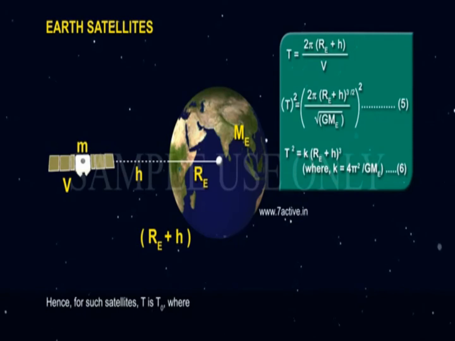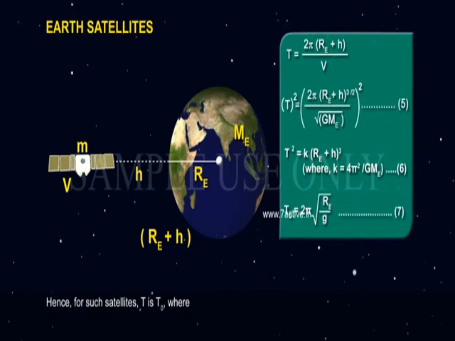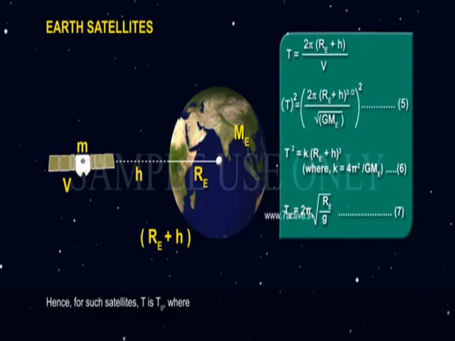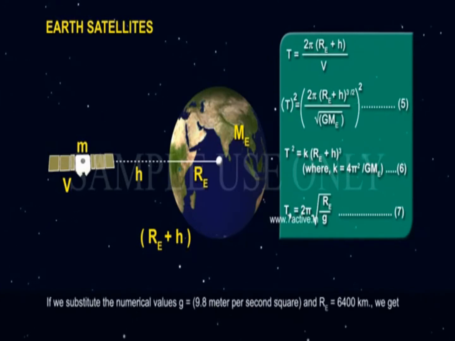We find that orbital velocity of the satellite is independent of the mass of the satellite but depends upon the radius of the orbit. Radius of the orbit is r plus x, where r is the radius of the Earth and x is the distance to the satellite from the surface, and mass of the planet capital M about which it revolves.